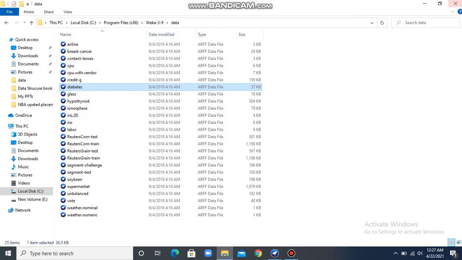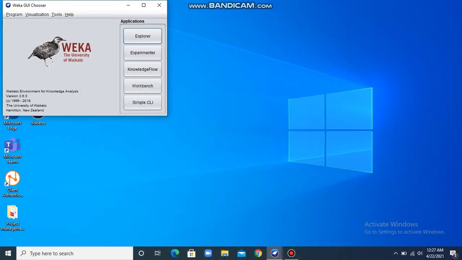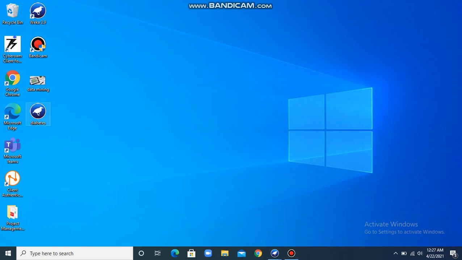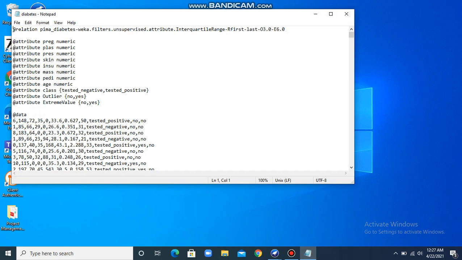Now if I open this on my desktop, we'll see that along with the normal class label, there are two more attributes added. One is for the outliers and the labels are yes or no. No indicates it's not an outlier and yes indicates it's an outlier. Similarly, one more attribute has been added for the extreme value, with no and yes.